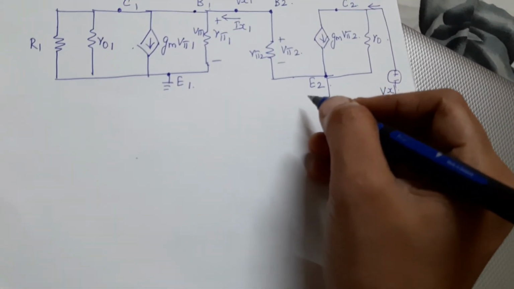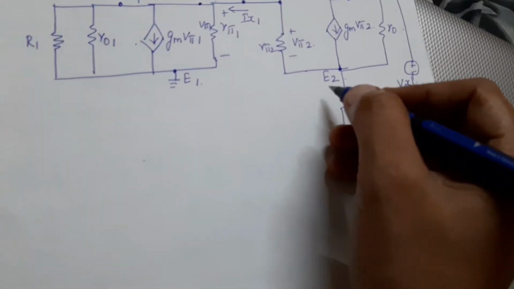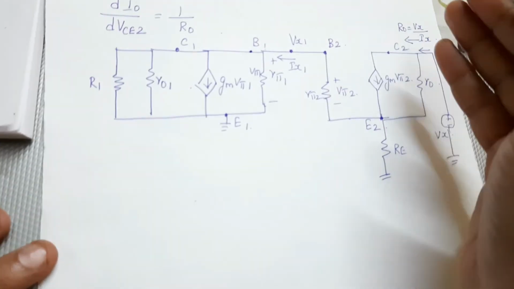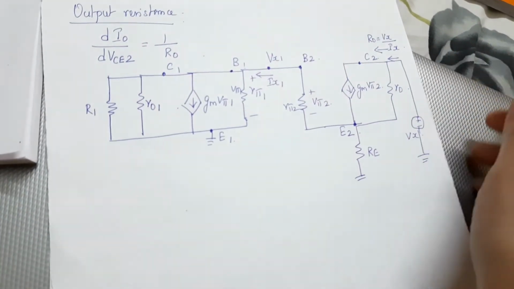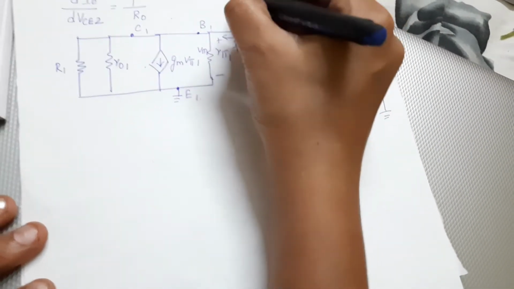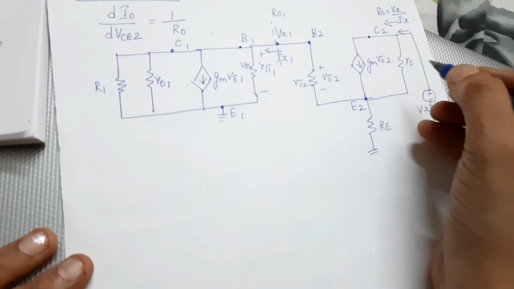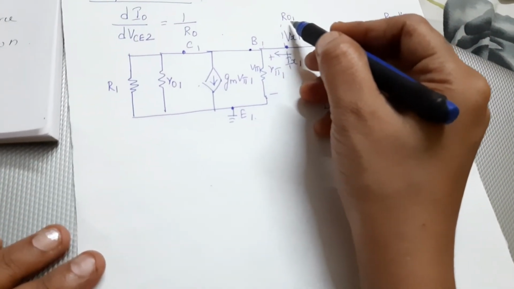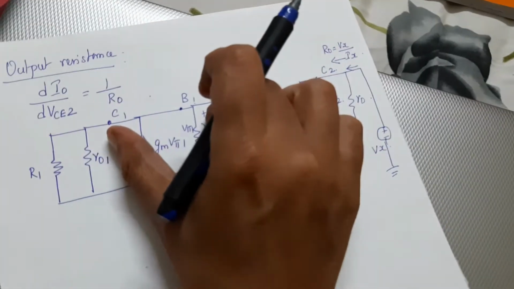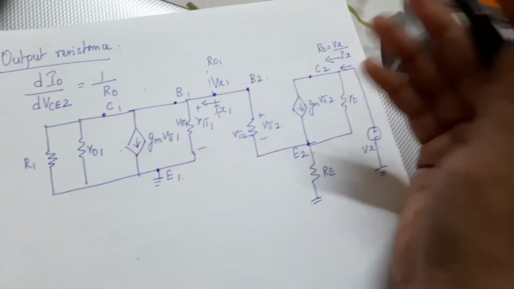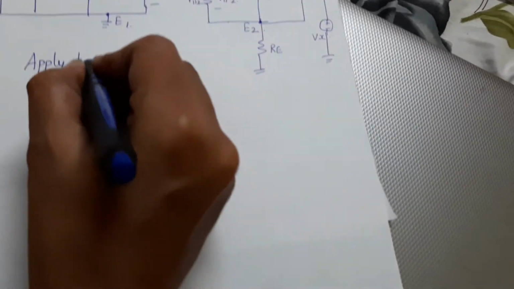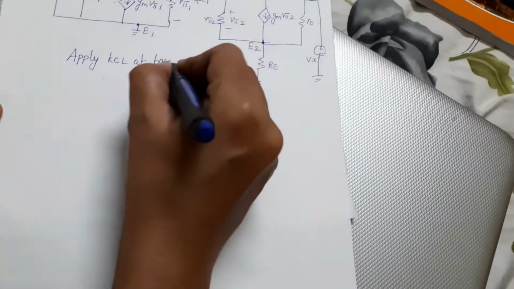First we calculate the resistance R01 looking into the base of Q1. We cannot find R0 in one go directly from here, considering both transistors, so we have to do it step by step. First, up to here, we'll find our output resistance R01, the resistance looking into the base of Q1. Once we find this, we'll focus on finding R0 at the transistor Q2. So let's try to apply KCL at the base of Q1.